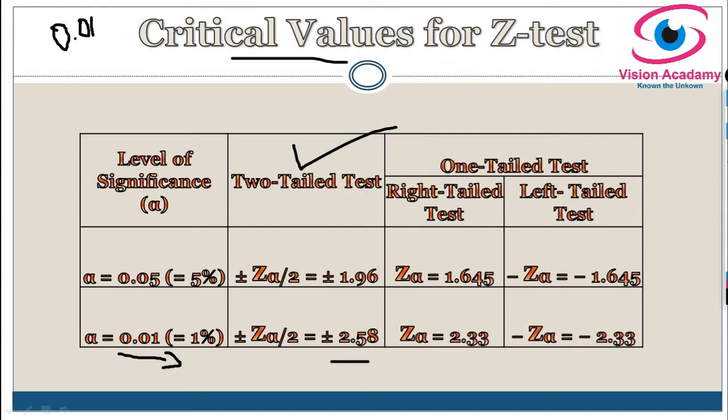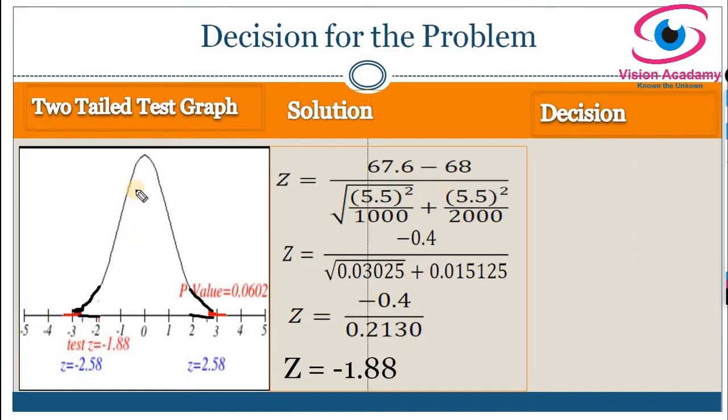Now let us compare this critical value with the test value. This is our critical region plotted on a graph, and the test value is also plotted in this graph. In this graph, you can see I have marked the critical region on both sides. On the right side, I have marked the critical region as the red shaded area, at the point where 2.58 is found. And on the left side, we mark minus 2.58, somewhere in the red shaded area.